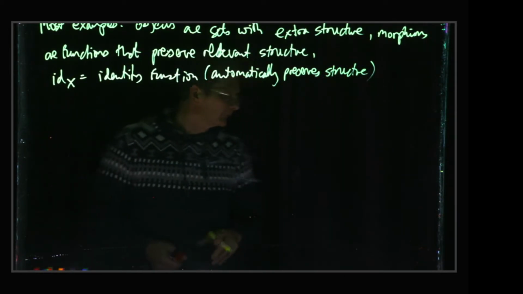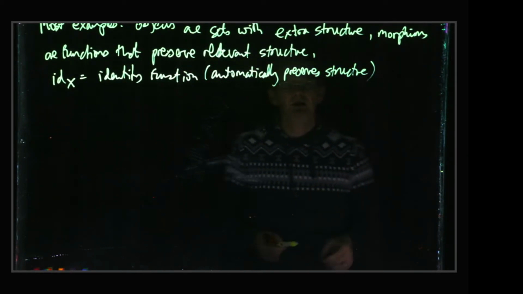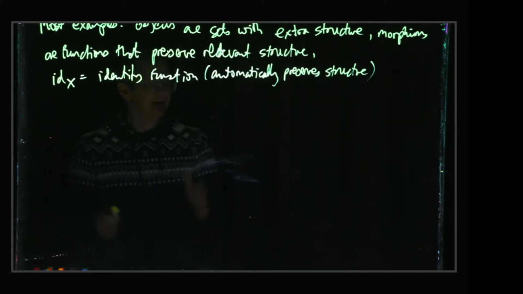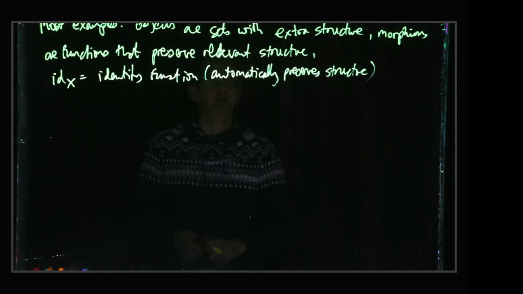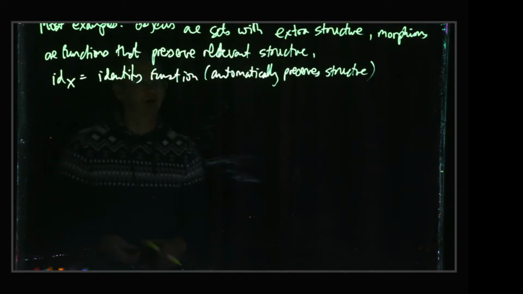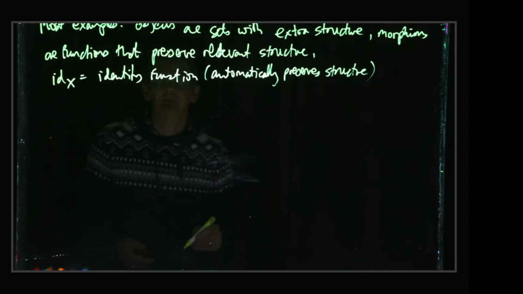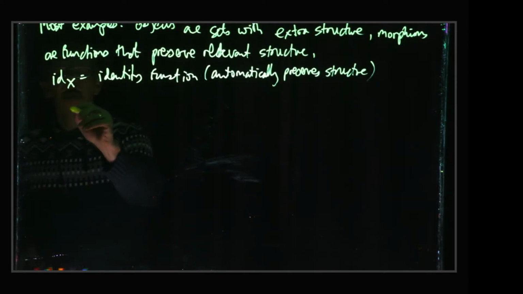And well, we've not really been very precise about what we mean by a structure or preserving a structure, but basically, in every case, it's just kind of completely obvious that the identity preserves whatever structure you're talking about. Once we've made precise what that means,